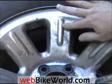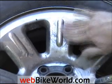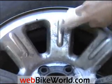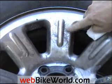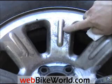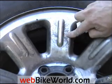So you can see this chrome, I actually thought was too corroded. I thought the corrosion was right down through the chrome plating, but it's actually just surface dirt. It's on there pretty tough though. You can see when I just rub this with paper, it brings out some of the chrome a little bit, takes off some of the surface dust, but this really hard caked on dirt has been on there for quite a while. As I said, I thought the chrome was actually ruined, but I discovered that it comes right out with certain types of polishing